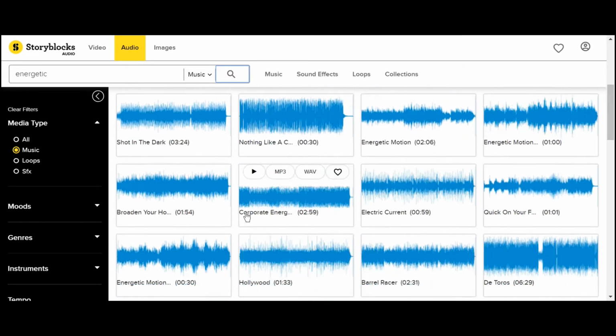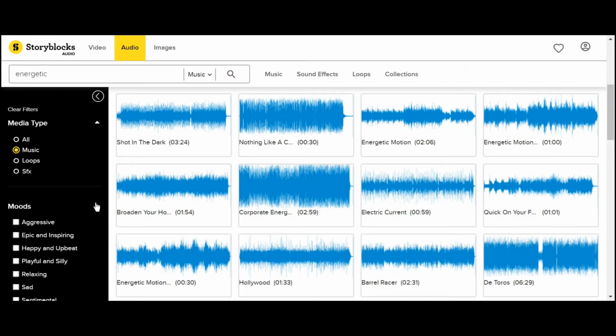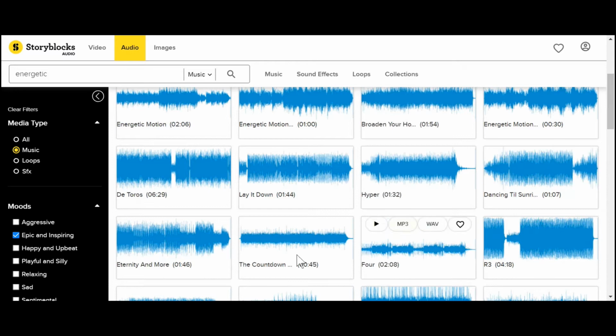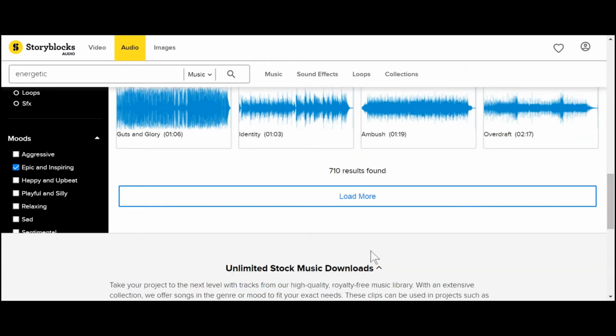The second reason is that once you download a song with AudioBlocks, you can use it on as many of your videos as you'd like. Even if you cancel your subscription, you still may use the songs you downloaded during your subscription. I don't know if ThemeForest or other services offer that particular benefit, incidentally.